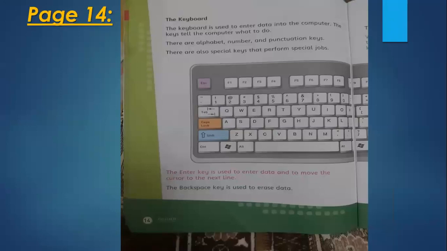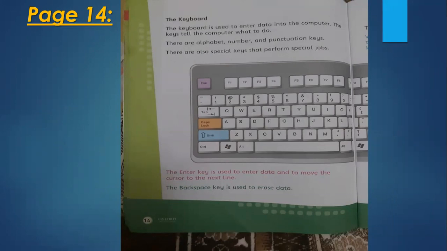Okay, now look at page number 14 of your book. Now I'm going to read this page, and all the stuff which is present in this page I have told you before, but I'm reading this page so you can read with me easily. But before reading, you have to write the date on the top of the page, and today is 7th July 2020, and today the day is Tuesday. Okay, now I'm going to start reading, and you have to read along with me.